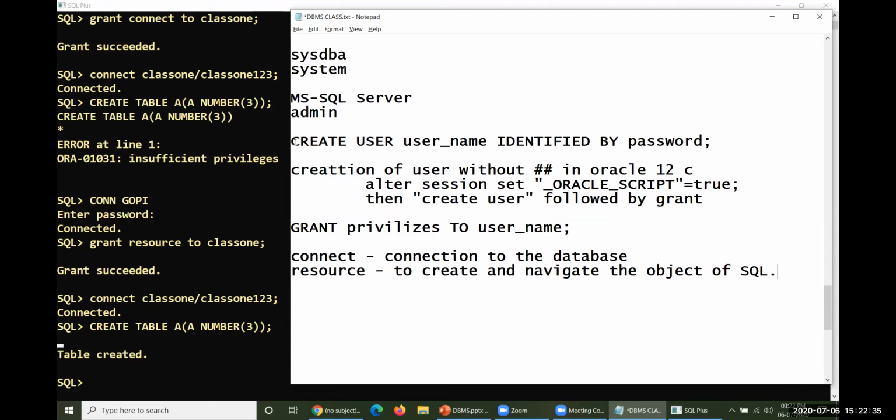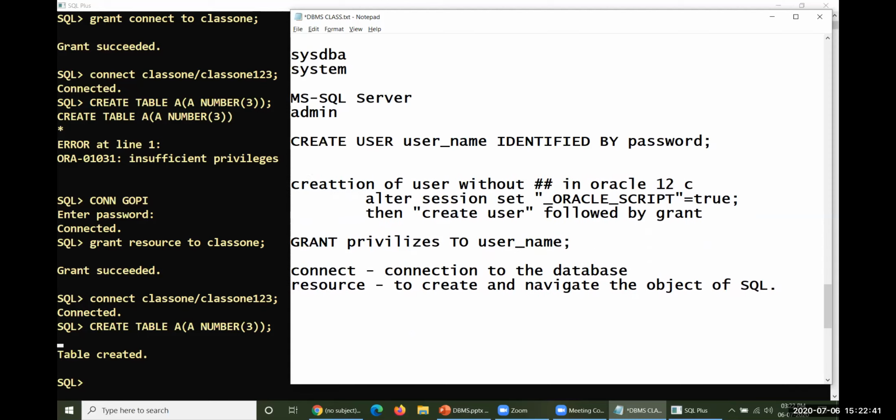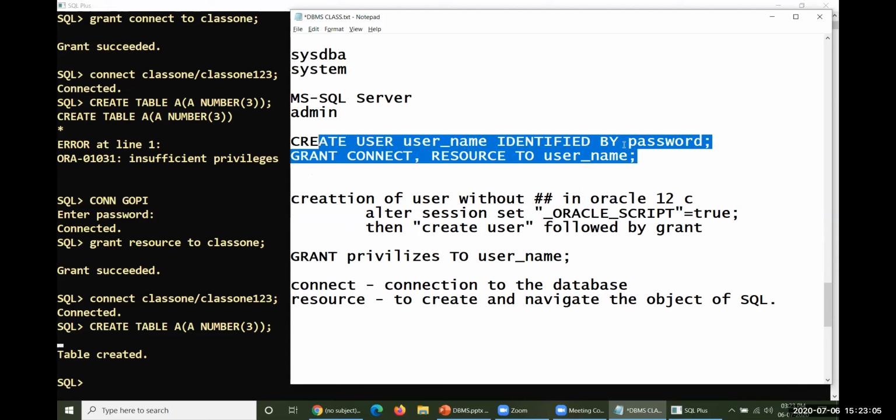So finally, this is the create table command, and after it gets created, immediately you have to give this particular command, grant connect followed by resource to username. These two commands must be operated to create one particular user. Okay, and now you could see, as of this point, this class 1 does not have any DBA permission. We did not give any DBA permission so far within this exercise.